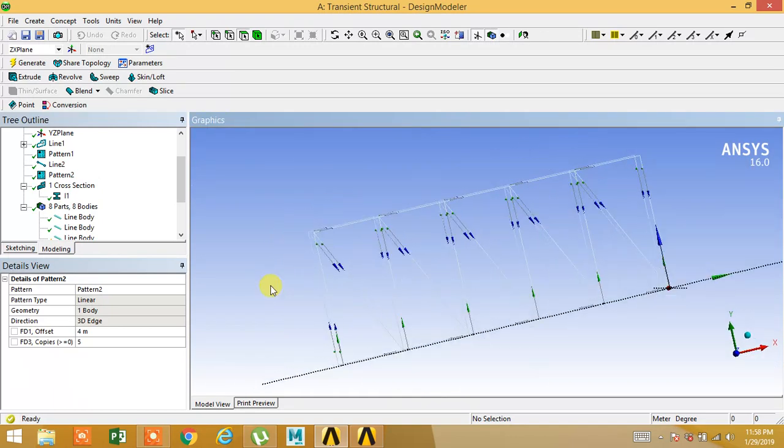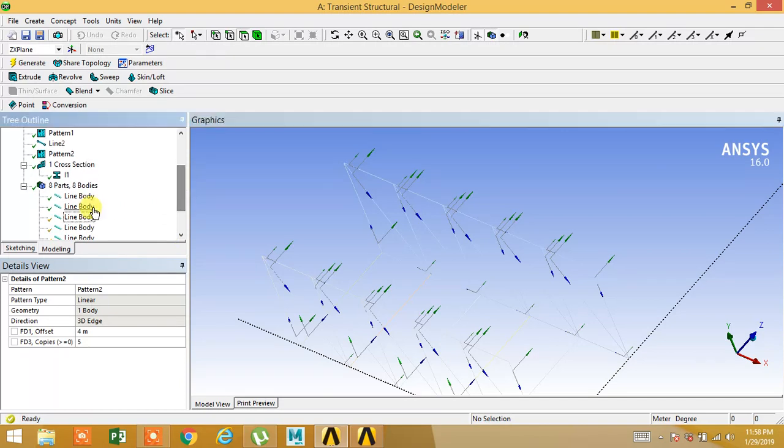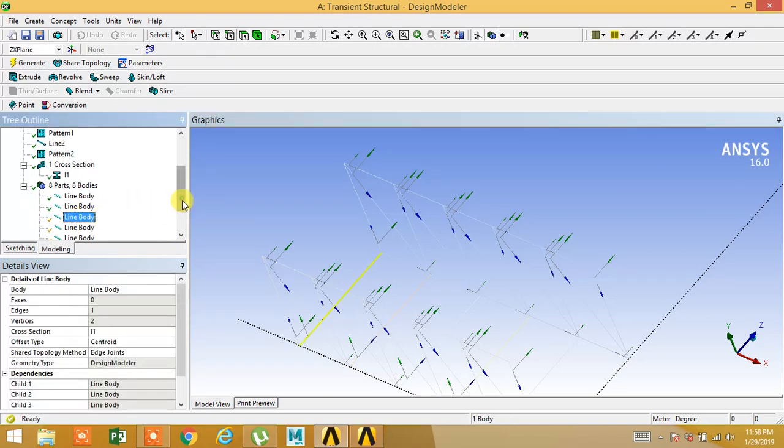Okay. Now same pattern we will create on upper side. Like this.